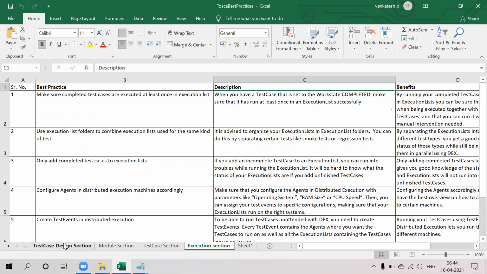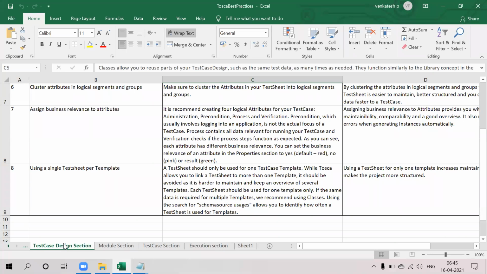So what exactly will we be following? Some standards, like if you see in Selenium or in UFT as well, there are some best practices you will follow, right? Some function scripts and driver scripts need to be designed, and the naming convention should be in the same format throughout the project. There should not be any empty folders created, and recovery scenarios should be placed in the proper places. Those things you need to design if you go with the automation perspective, right? The same thing for Tosca also.